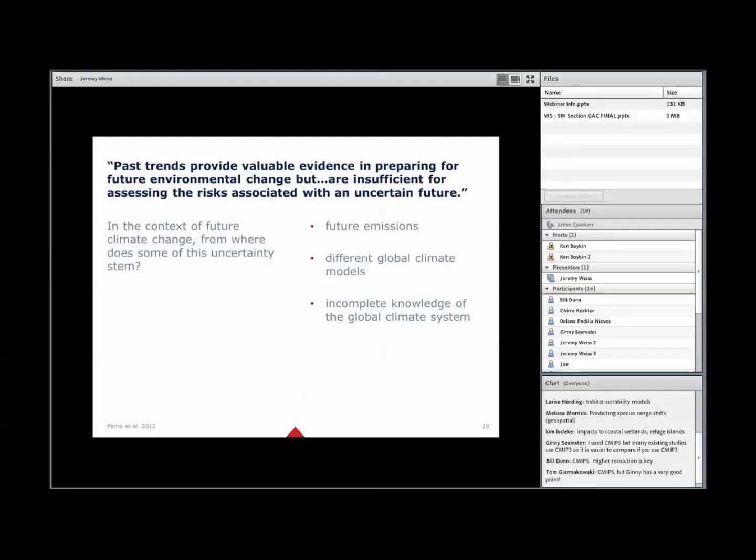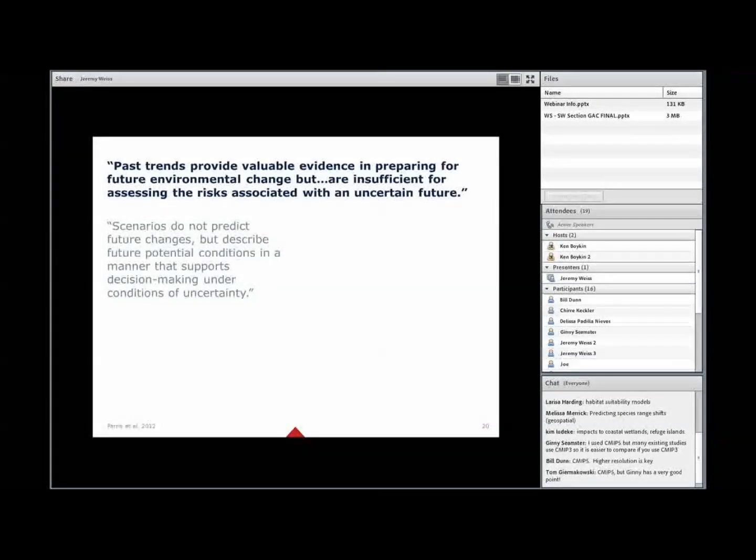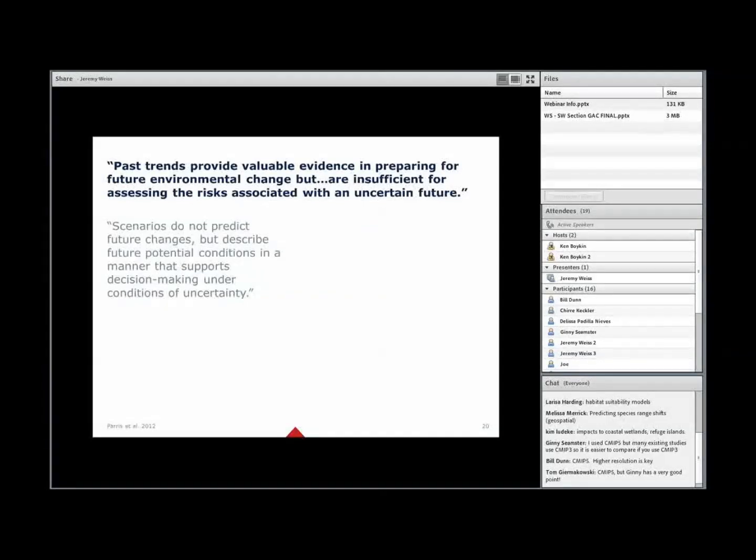So in order to deal with this uncertainty, that's where the value of scenarios comes in. Even though they're not predicting future changes, they're nonetheless describing potential plausible future conditions in a manner that's going to hopefully support decision making under this broader condition of uncertainty that we just talked about. And if we look at the RCPs from the CMIP-5 data sets, they have 4 different scenarios that the CMIP-5 data were experimenting with.